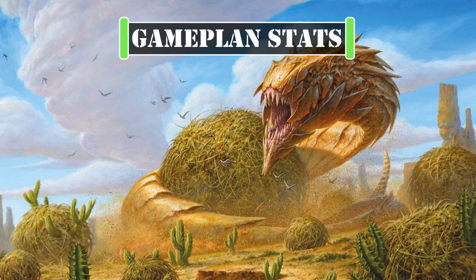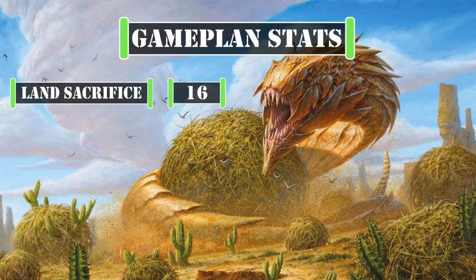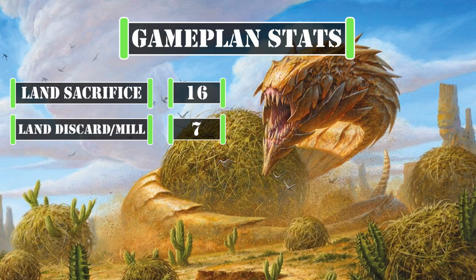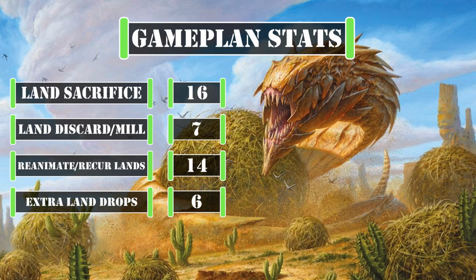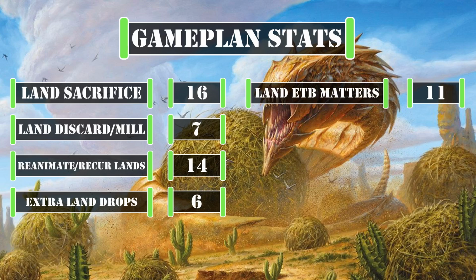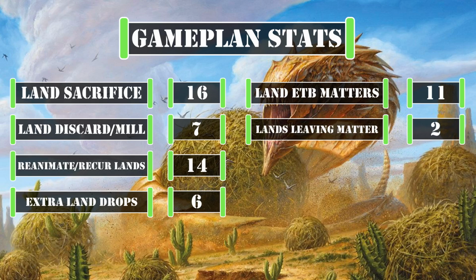Looking at the stats that matter to our game plan, we have 16 ways to sacrifice our lands and 7 additional ways to mill and/or discard lands to ensure we can load up our bin with plenty of lands throughout the course of the game, 14 ways to play lands from the bin and/or reanimate them instead, along with 6 sources of extra land drops to ensure we can replenish our lands as quickly as we send them to our graveyard,